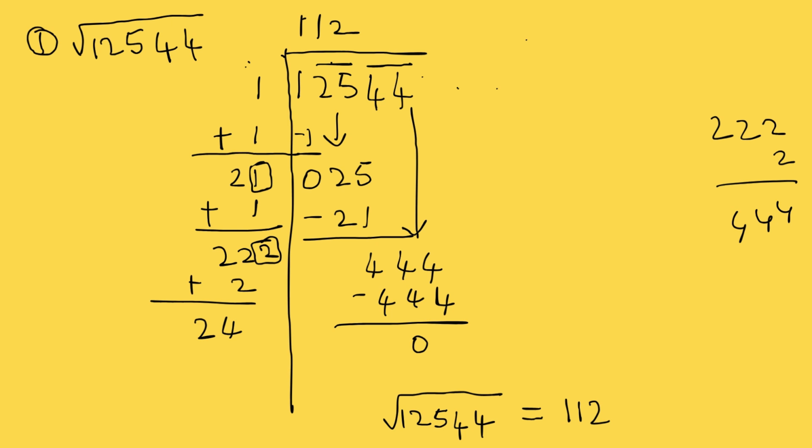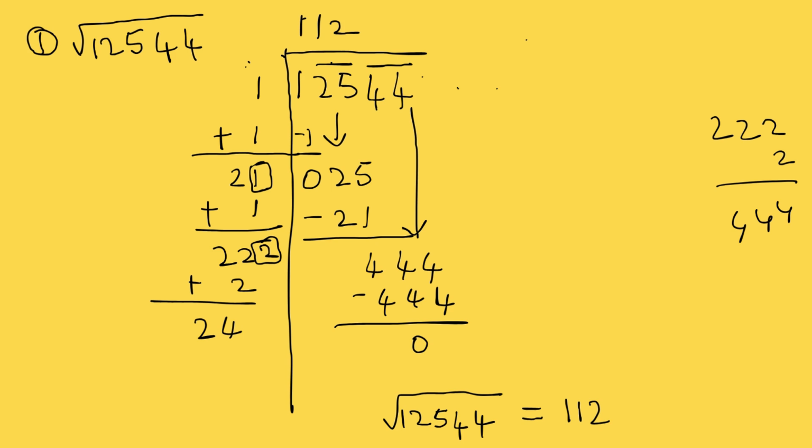So now we will multiply the divisor by the quotient, that is 1 into 1, we will get 1. We will put that below the first period, that is 1, and we will subtract 1 from 1 to give us 0. At the same time, we will double our divisor, that is 1 plus 1, and you will get 2. Now we have to bring down our next period, that is 25, and we will look for a number beside 2, which on multiplying by itself gives 21. When you multiply 21 by 1, you get 21,